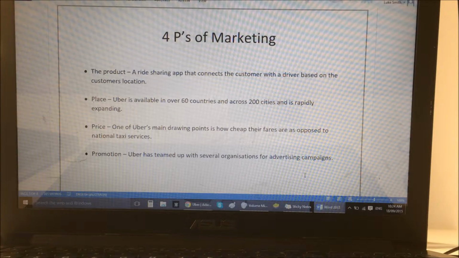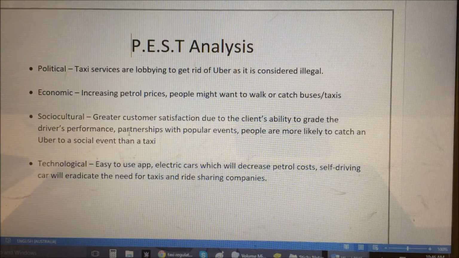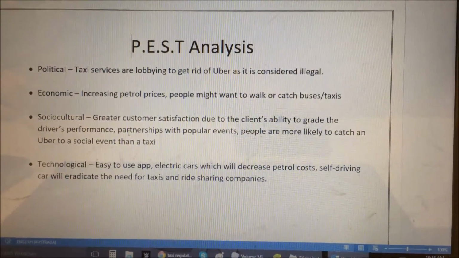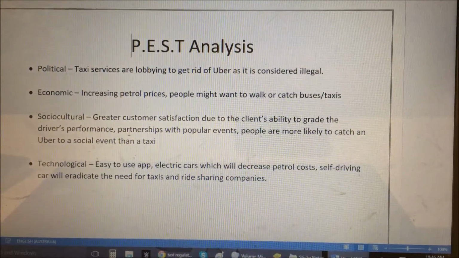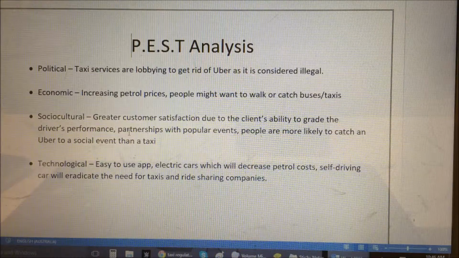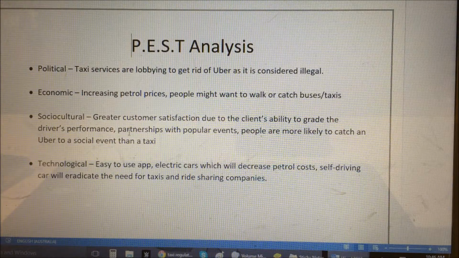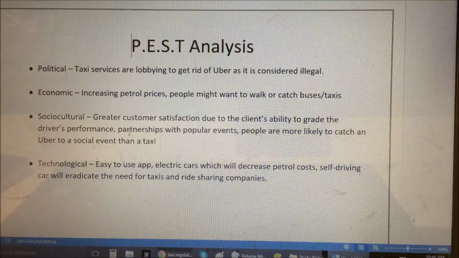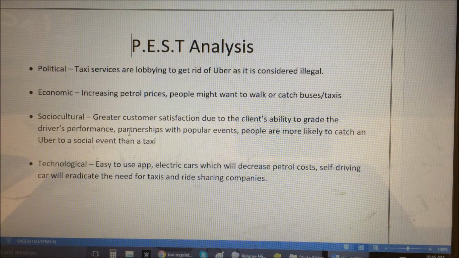worth of transportation. We have used a PEST analysis to analyze the external influences on Uber in political, economic, socio-cultural and technological fields. First, we'll be talking about the political aspect of Uber. Even though Uber is becoming a massively popular business, it still receives quite a bit of backlash politically. Taxi services are lobbying governments to make Uber illegal or to impose heavier regulations by making Uber follow the country's